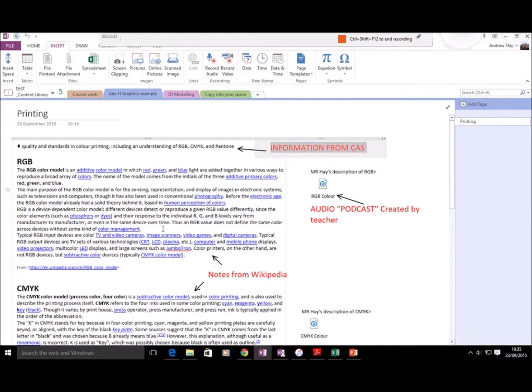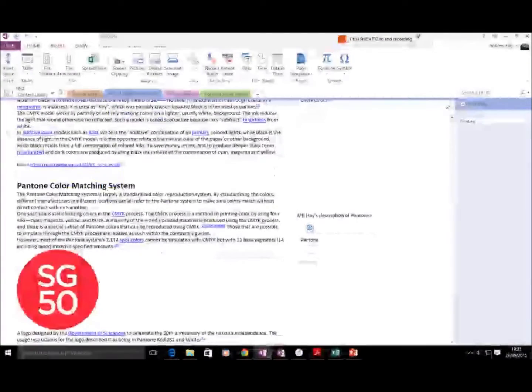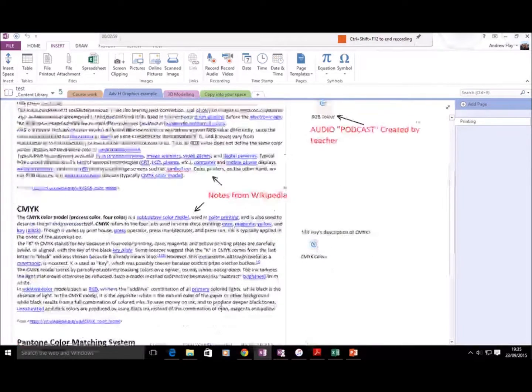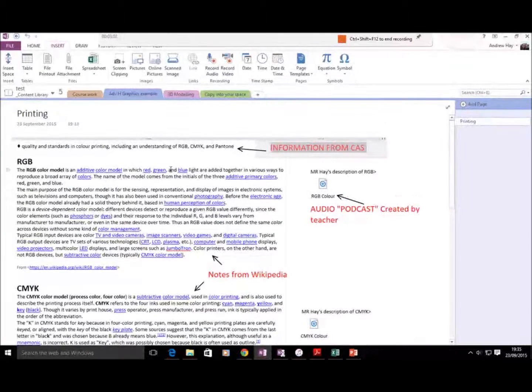Then I've got notes from Wikipedia here, all the way down. You'll notice, which I really like, wherever you get the source, it puts in a little reference, not a reference in standard form, but it links to the website address so you can access it. You can also see I've got another website sneaked in at the bottom there as well. I find that really handy. All of these hyperlinks, click on it, open a web page, you'll be able to access it. So this page I've structured like that. Then I've got over here